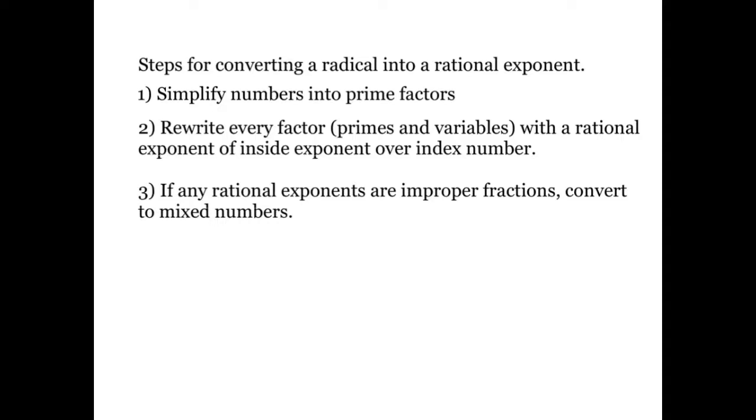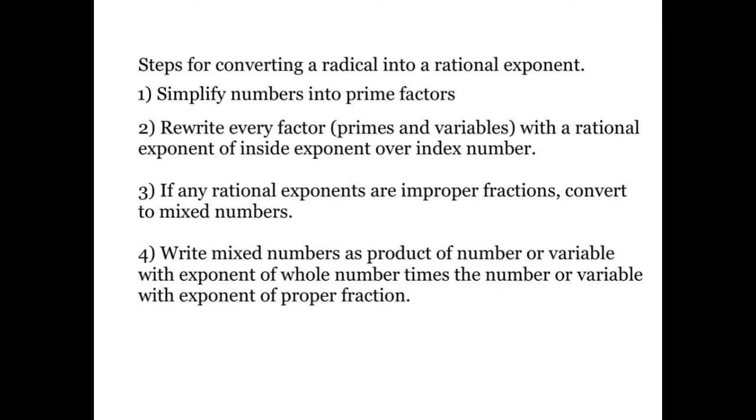Now, one thing, while I was typing this up, I realized I wanted to change step 2 and say rewrite every factor with the primes or variables with a rational exponent. So we want to make sure that the exponent is a fraction with the inside exponent over the index number. Okay, so we convert any improper fraction into mixed numbers, and then we go ahead and we want to write